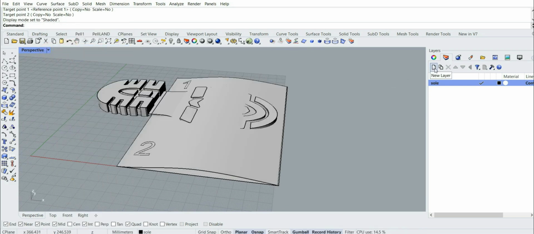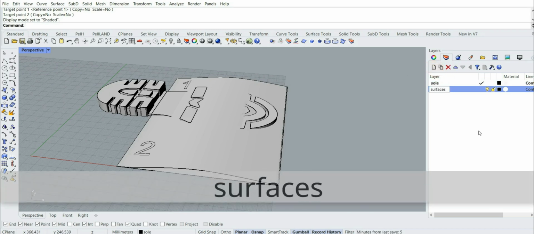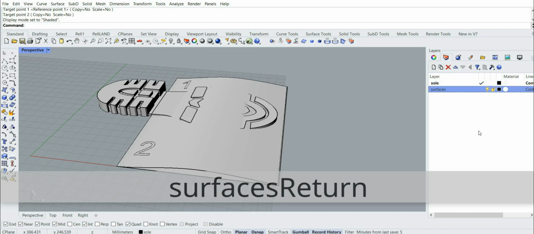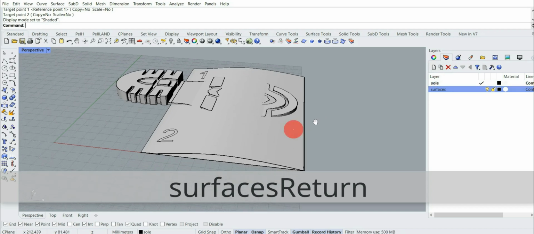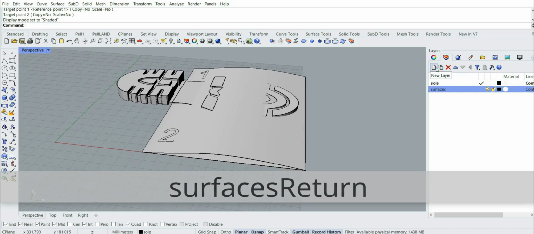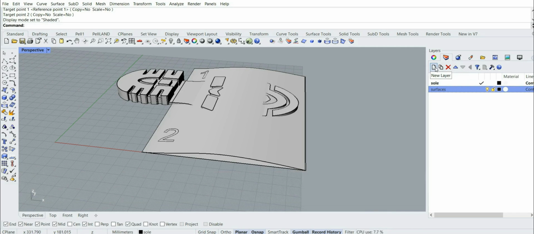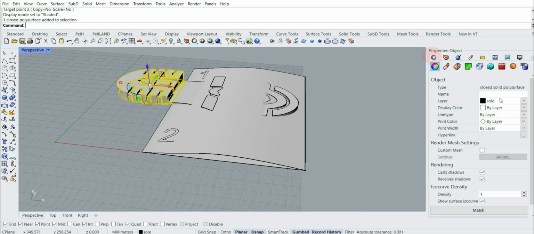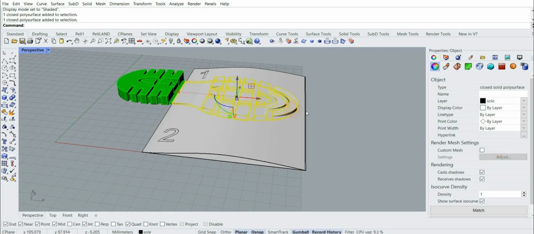Create a new layer named Surfaces. Select the hill, then from the Properties dock bar, assign it the green color. Proceed by assigning different colors to each object.